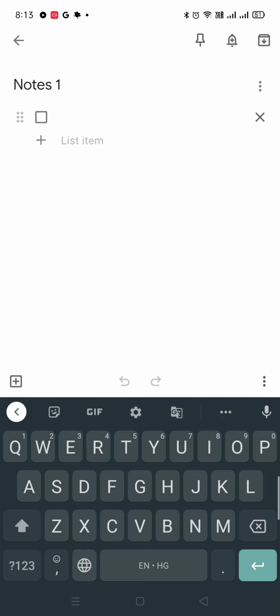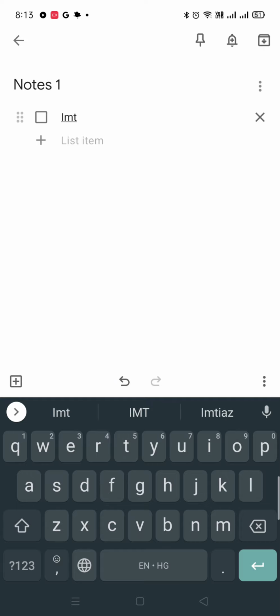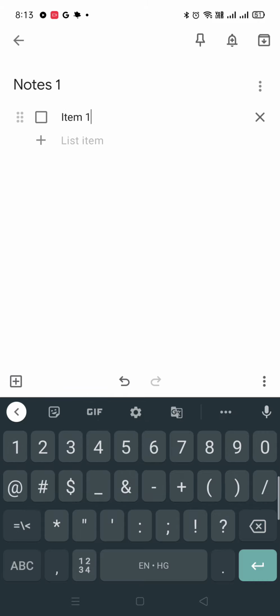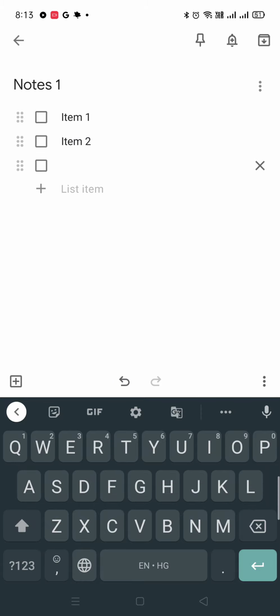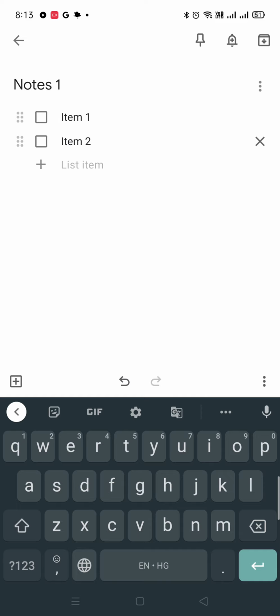For example, this is item 1, this is item 2. So here you can also create this type of list over here, and this will be done. So friend, this is the tutorial I want to share with you guys on how you can create notes in Google